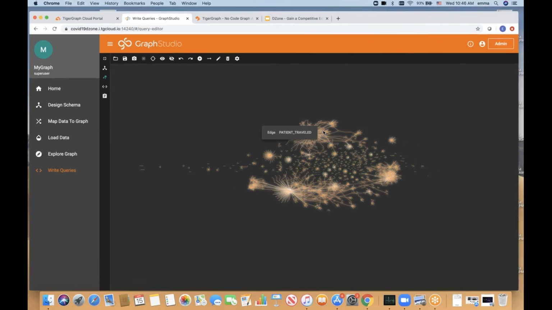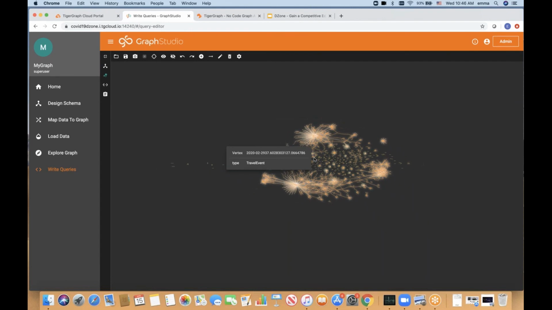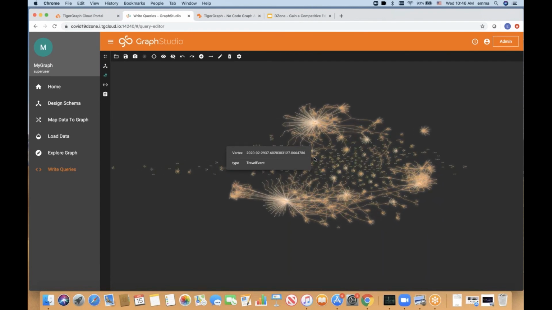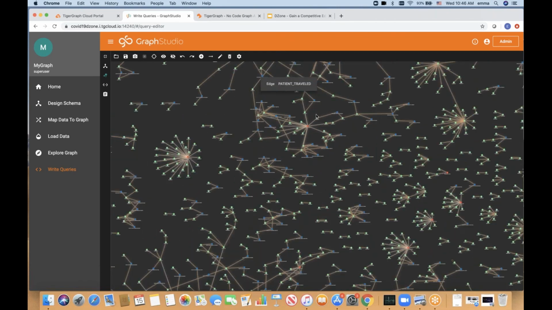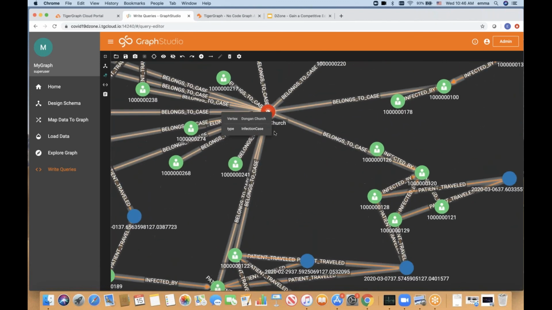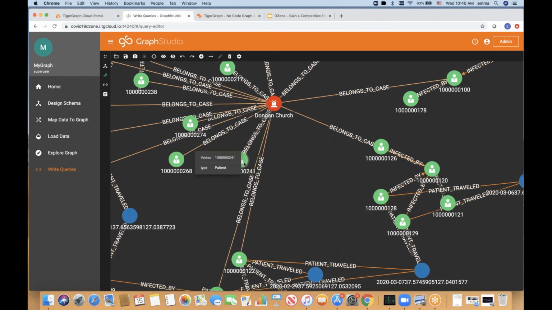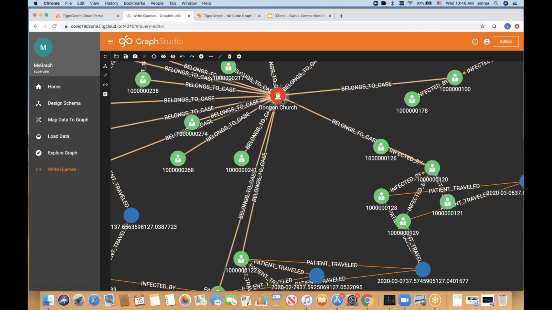And if you look at some of the data close, you can see that some of these data sets has, for example, a location and cluster. This is the Donggan Church that infected multiple people around this church event, a mass event.